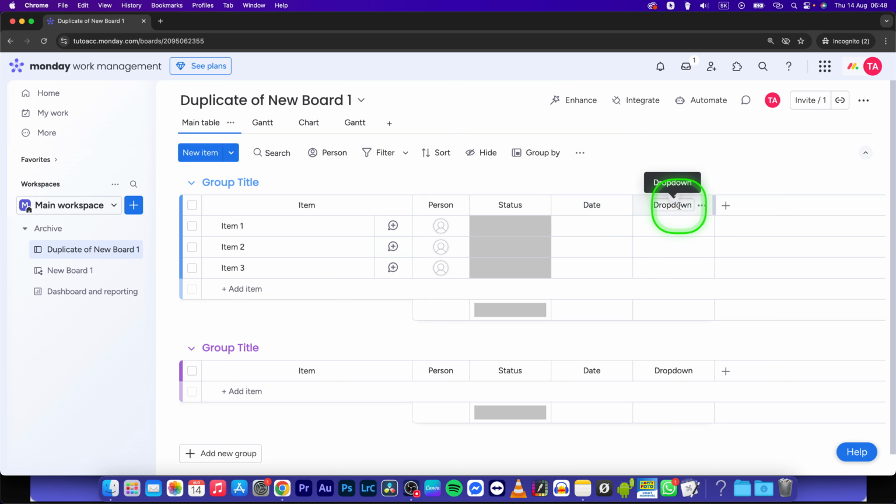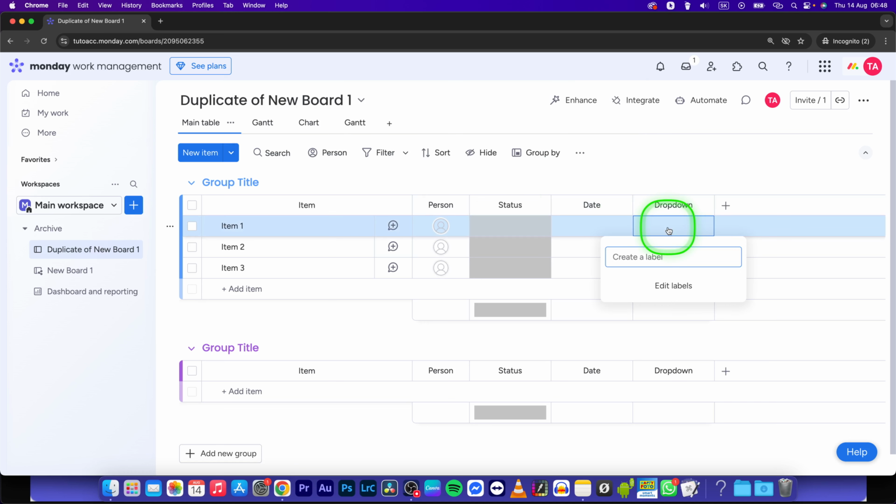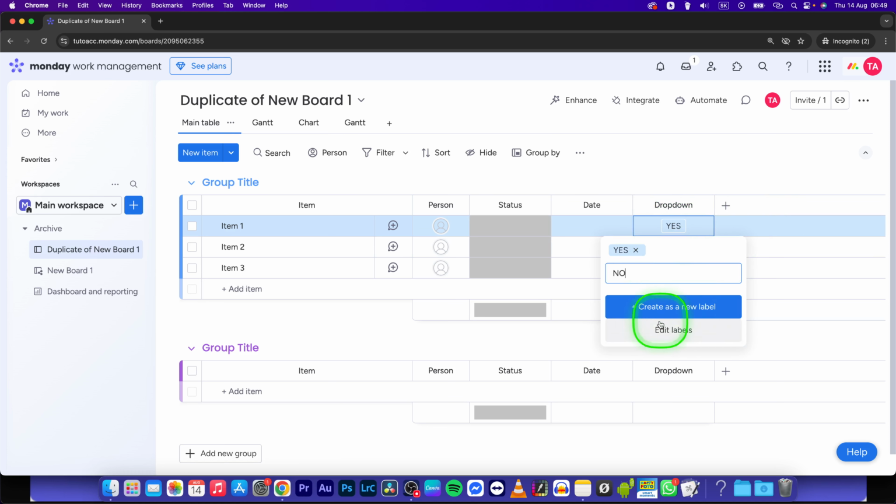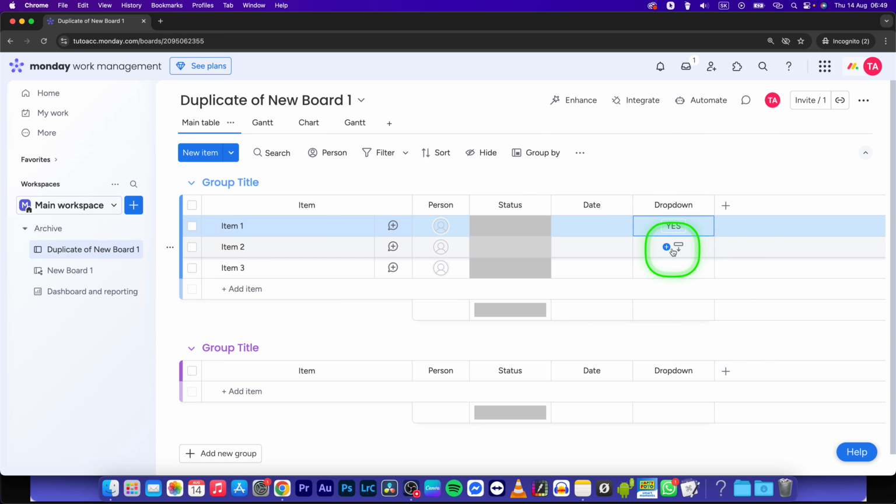Here in this drop down, simply click on the first item and create a label yes. Click on create as a new label, and now create a second label which will be no. Then click on create as a new label. Now you have yes and no, so just basically erase this one and go over to the next one, and